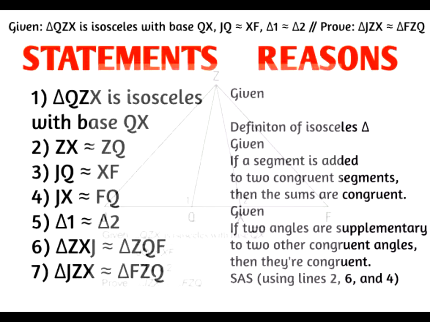Statement 5. Angle 1 is congruent to angle 2. Reason for statement 5, it is the given. Statement 6. Angle ZXJ is congruent to angle ZQF. Reason for statement 6, if two angles are supplementary to two other congruent angles, then they're congruent. Statement 7. Triangle JZX is congruent to triangle FZQ. Reason for the statement, SAS, using lines 2, 6, and